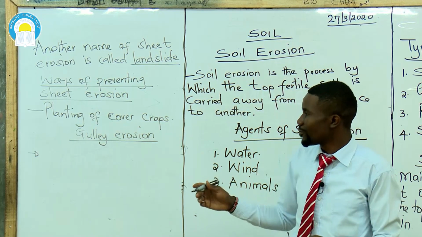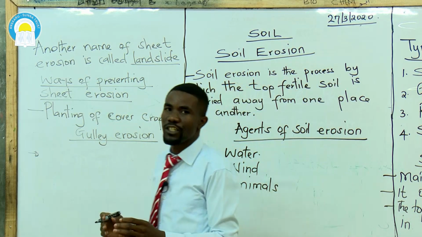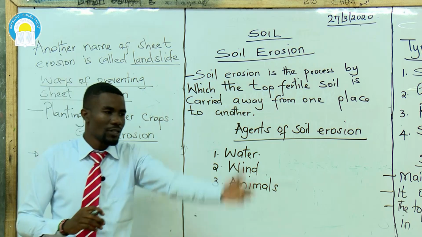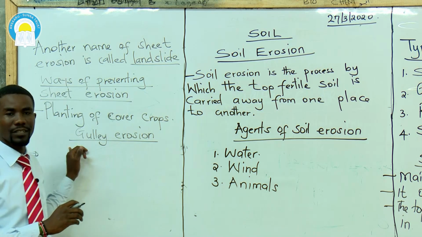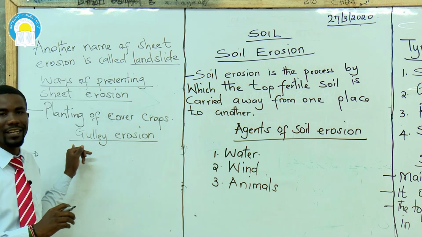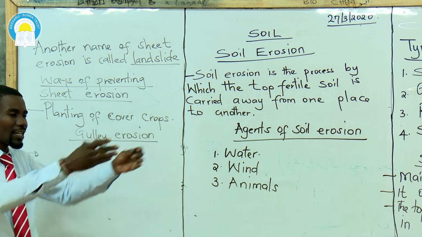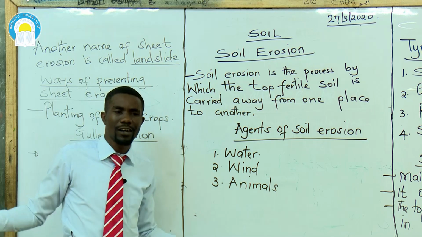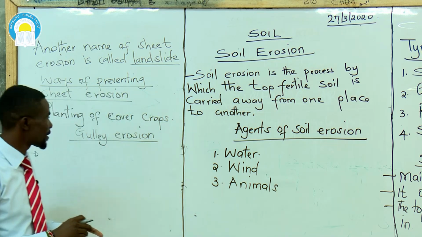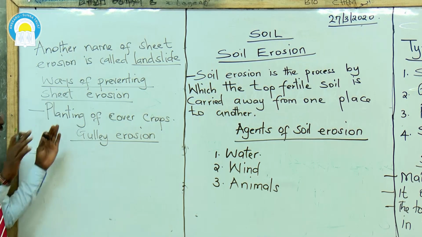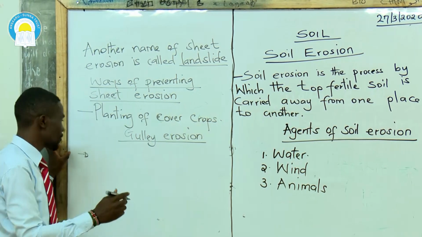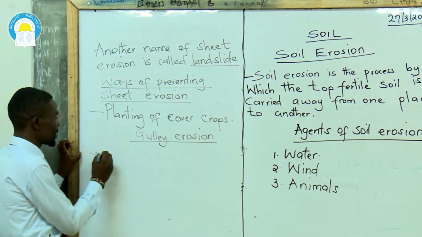Whenever you are walking around, if you come across a V-shaped or a deep furrow, that indicates that there was this type of soil erosion called gully erosion. If you see some holes when you are walking, that is a sign that gully erosion has taken place there. What will help us to identify this type of soil erosion is, number 1, it is characterized